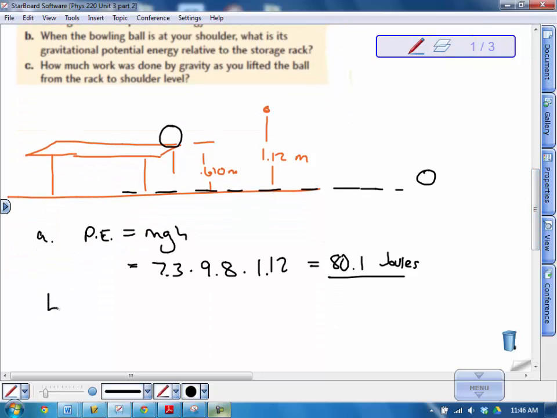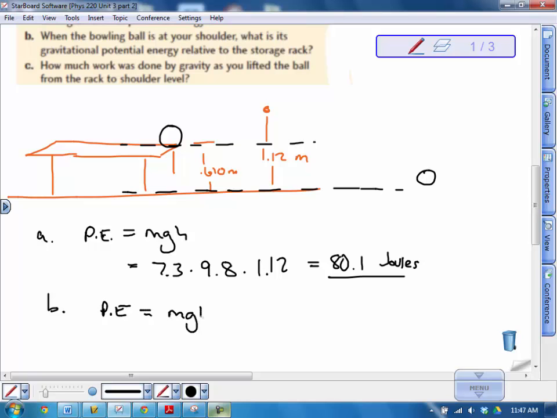All right. Now, part B says, when the bowling ball is at your shoulder, what is the gravitational potential energy relative to the storage rack? Relative to the storage rack now, we're only looking at this as our height. 1.12 minus the 0.610, which gives us 0.51. So we're going to use the same formula. Potential energy is equal